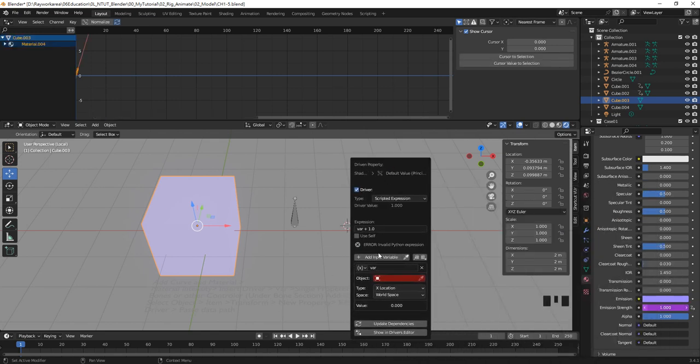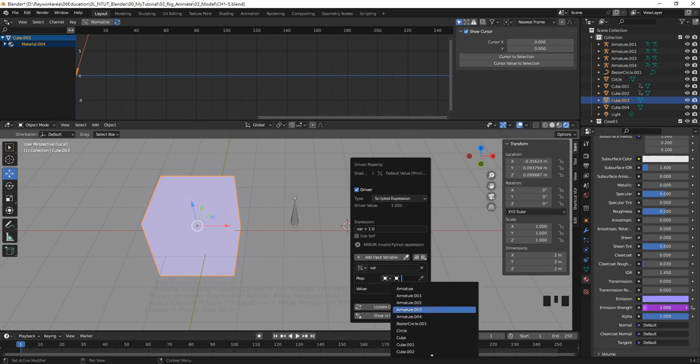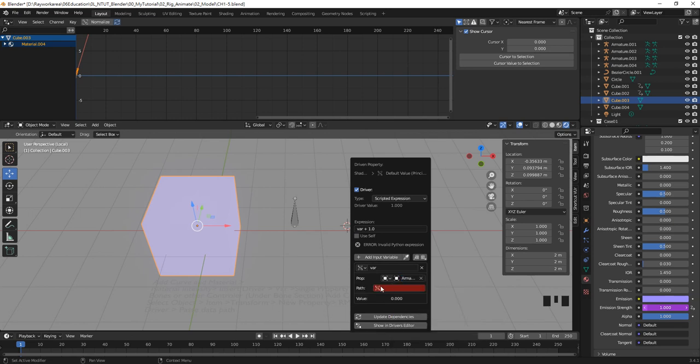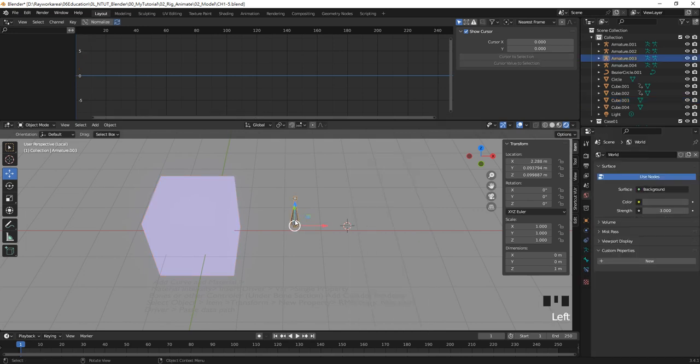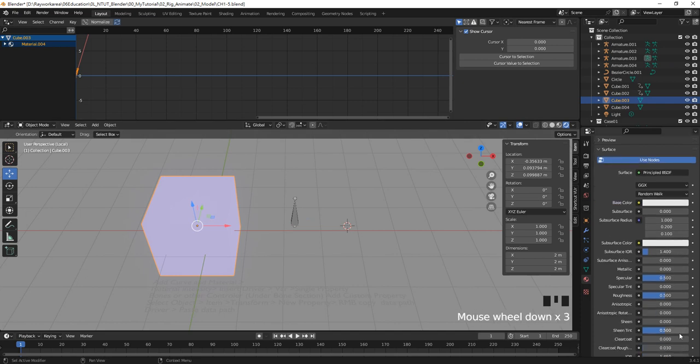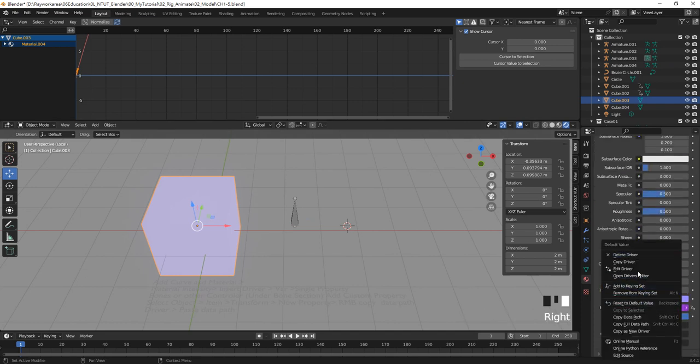Alright, so this time we are not going to use a transform channel, we are going to use a single property. And let's choose the bone, and the bone is 003. Right now there's a red section and we cannot do anything for now. So what we need to do is copy the data path right here, because we are going to create a bridge between two different systems. So right click, copy data path, and go back to the bone right here, add the driver,